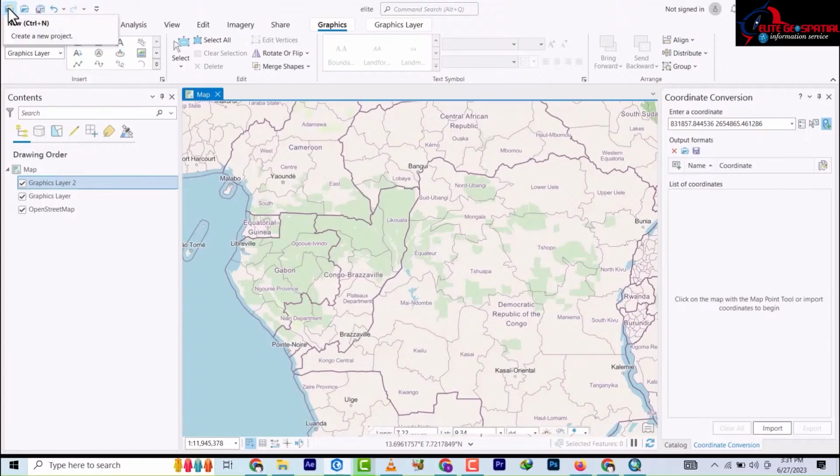So last but not the least, we have something up here which we didn't touch. This is more like where you open a new document, a new map document. Then this is where you're importing your map document and then you're saving your work, normal saving. Then this is undo and this is redo. Okay, so basically